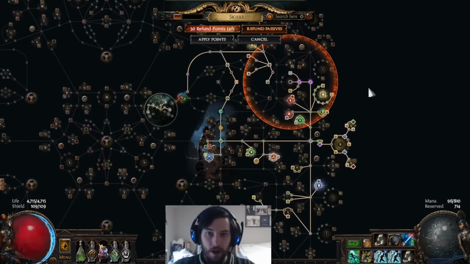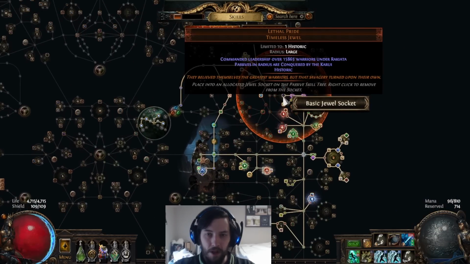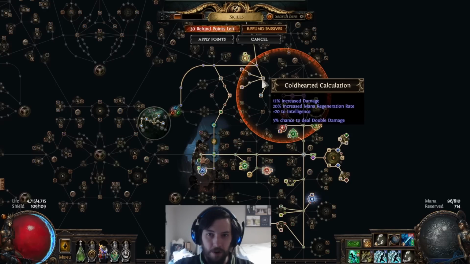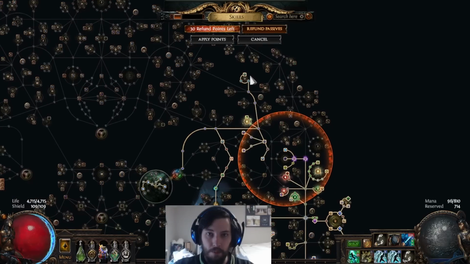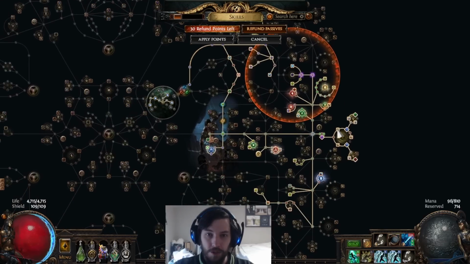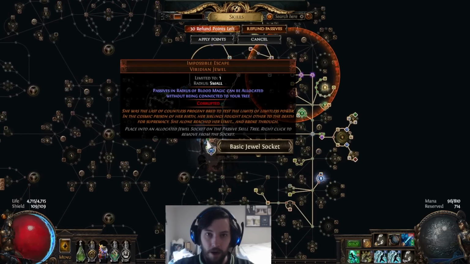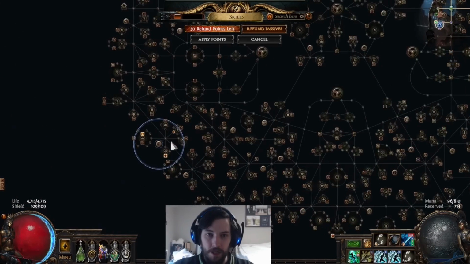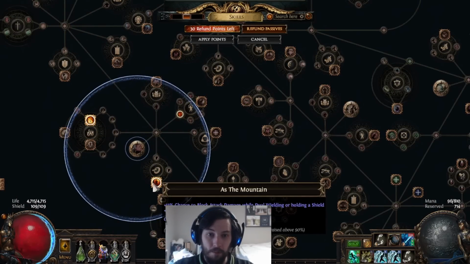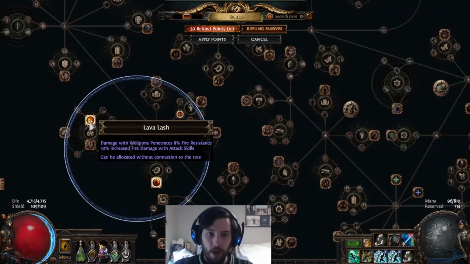So this is my Lethal Pride I've had since basically my last update. It's just got a couple of double damage. I have respecced the tree very drastically in order to drop spell suppression from my boots to get Instinct. I also am currently running Impossible Escape to get over here, mainly to get rage, but I also get As the Mountain, which is incredibly valuable, and Lava Lash, which is pretty good and does a